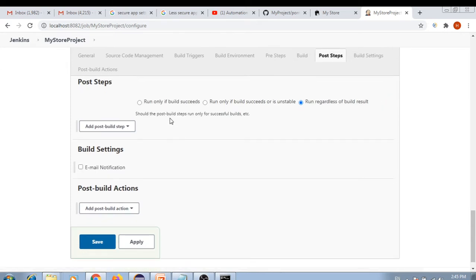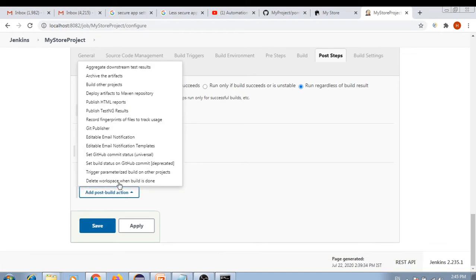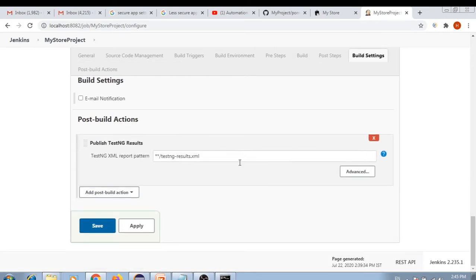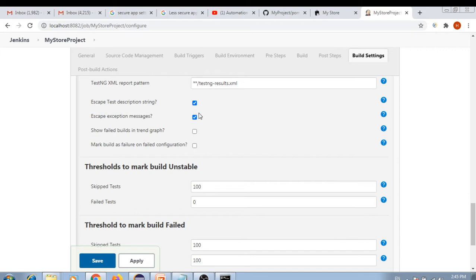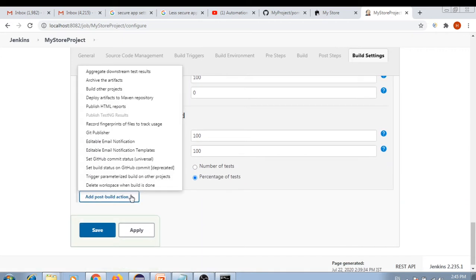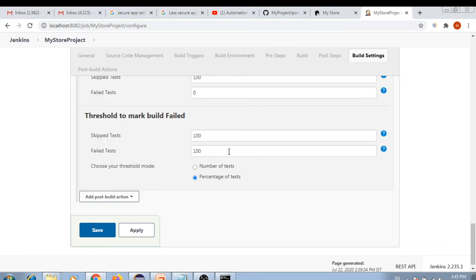And post steps, post build actions. So this is very important. The first thing is we'll publish TestNG results. So you can select this, no need to make any changes over here. The second thing we'll do is publish HTML reports. HTML reports are nothing but we'll publish our